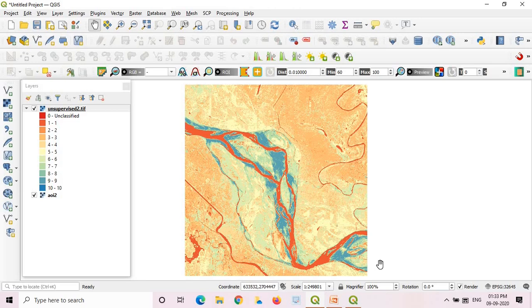There are other ways also. The same task can be performed using different tools also, but this is one way in which it can be done. So this is all about unsupervised classification using QGIS 3.14.5.